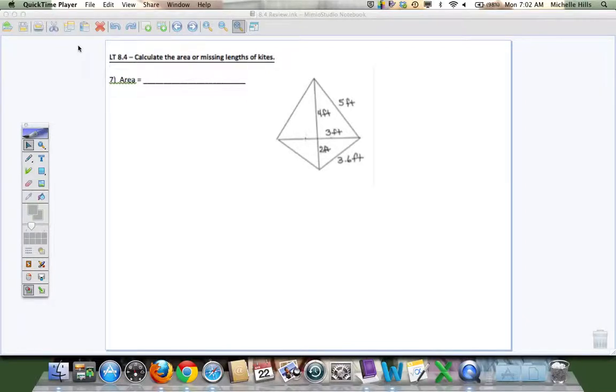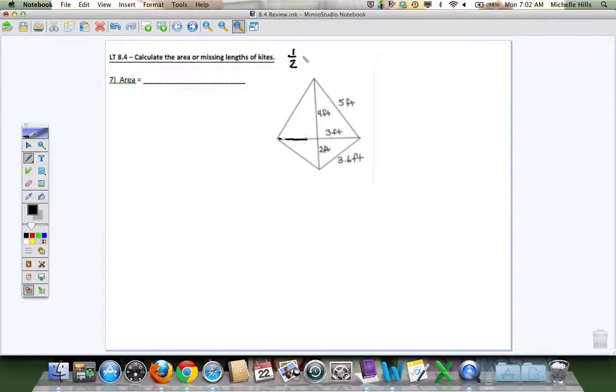So when I'm talking about the area of a kite, if I think about it, the kite is really just these two triangles that are congruent, this left side and the right side that are congruent to each other. So each one of them would have an area of 1/2 times this base times this height, which means when I put those two areas together, the area of a kite is really 1/2 times the first diagonal times the